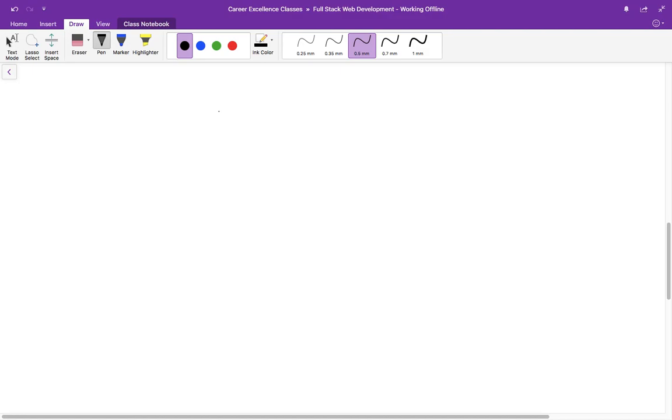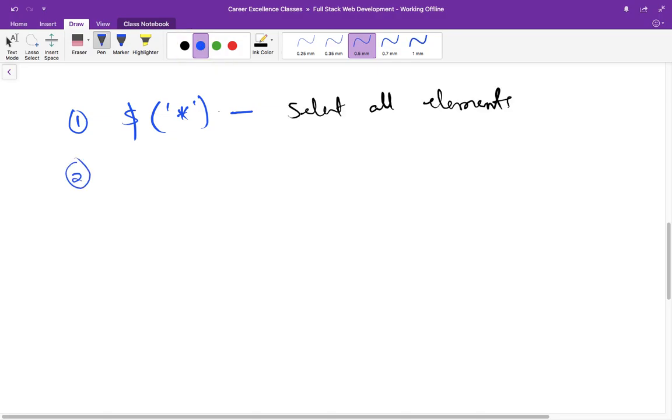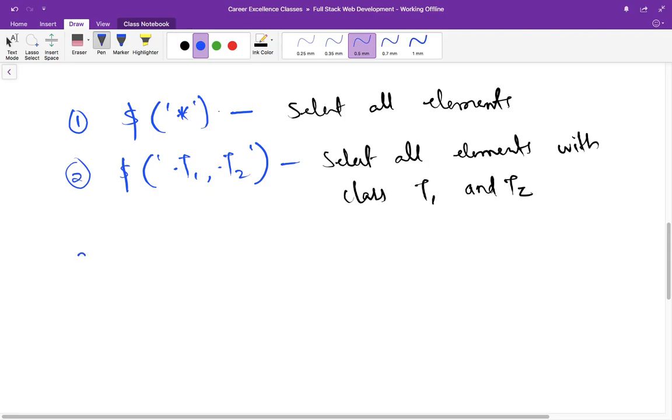Now let us see some selectors, dollar and star. This means that select all elements. The second one means that select all elements with class T1 and T2. The third one is similar to this.